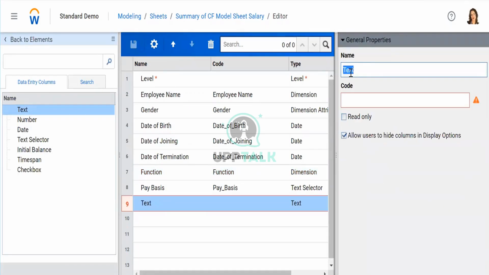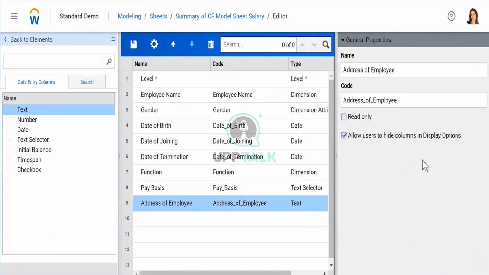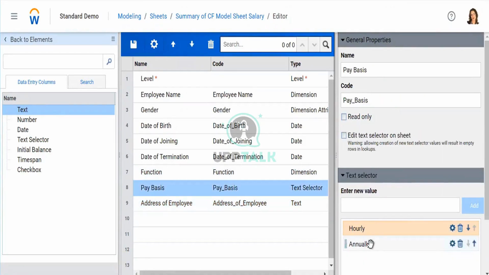I'm just going to write the address of the employee. It didn't ask anything, but in a text selector, it was asking you to enter values. A text selector gives the end user the option to select only between these two.